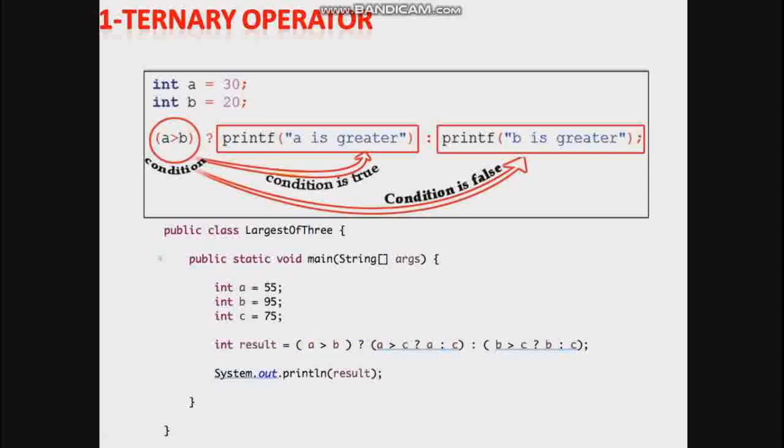Now all operators are completed here: binary operator, ternary operator, and unary operator. And in the next video I will explain how you will perform your exercise questions and different numerical questions. Those questions are available in your exercises. All these things I will explain in the next video.